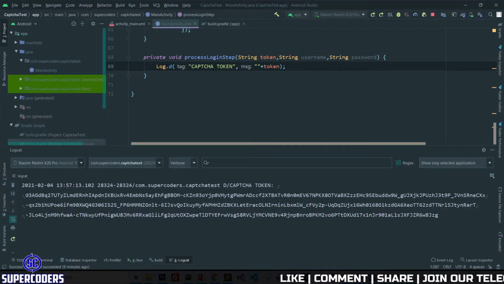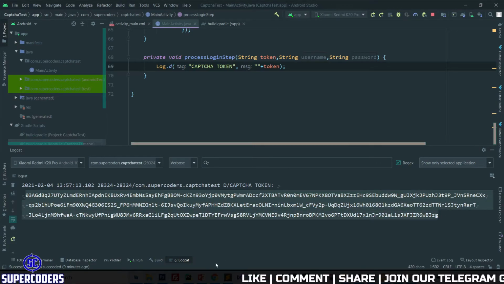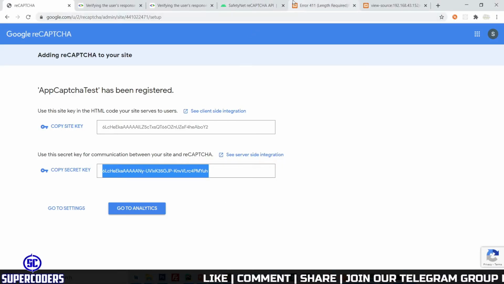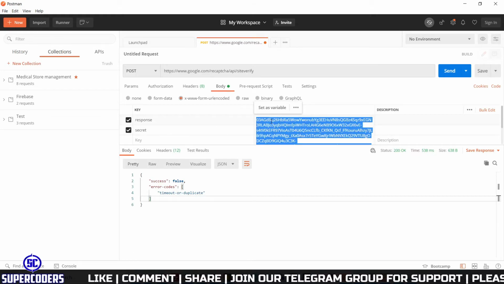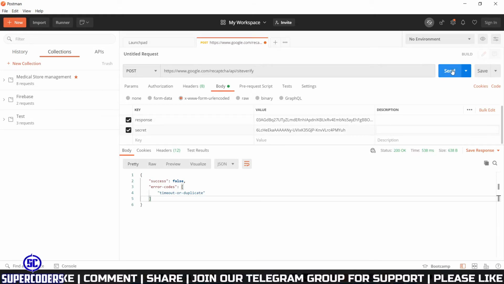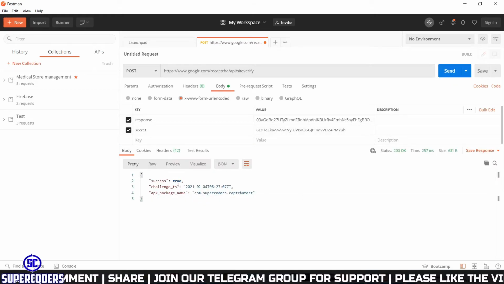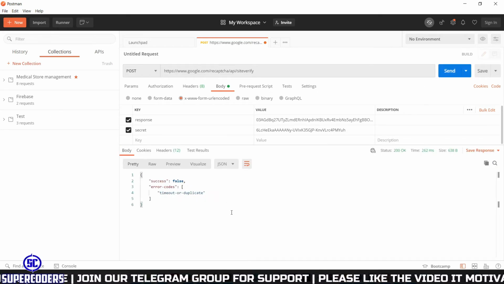Now copy this token, back to Chrome, and back to Postman. Let's check again. Click on send, and you can see this time it is showing success. And again, if you try same token again, it will show success false. So you need to use one token at one time only.